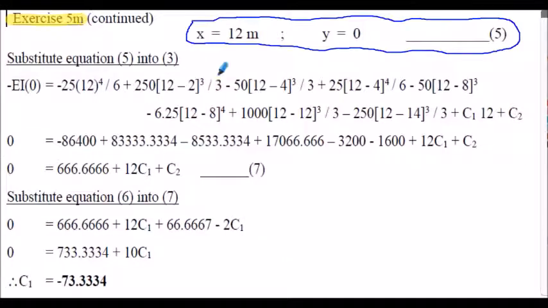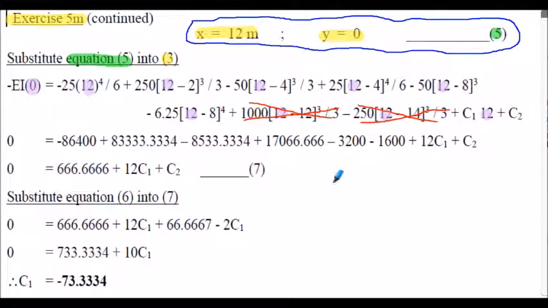Example 5M continues. So our second boundary condition, x is equal to 12 meters, y is equal to 0. So this time we're going to put the equation 5, or the boundary condition labelled 5, into equation 3. So on the left-hand side of the equation we'll get 0, of course, because y is equal to 0. And then we put 12 into all our brackets of equation 3. Wherever we see an x, we put a 12. And notice this time only two brackets disappear. This bracket here, because we have 0 inside the bracket, and this bracket here, because it's negative